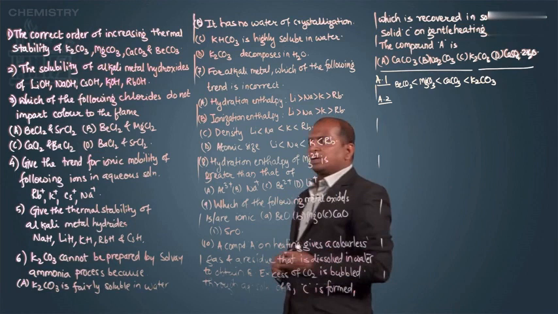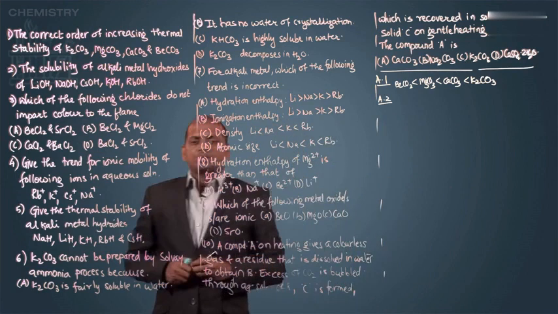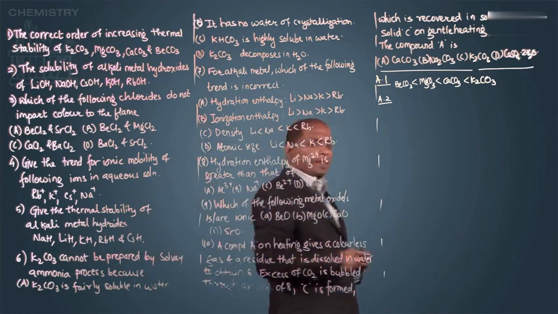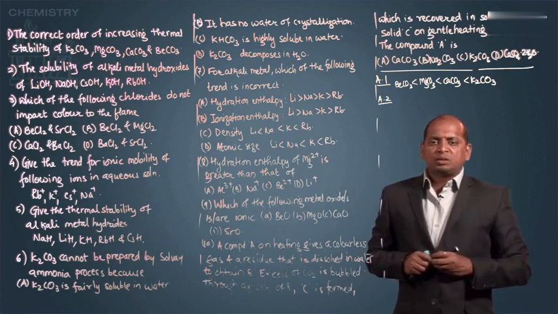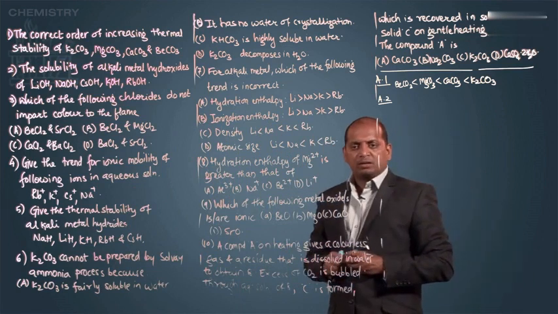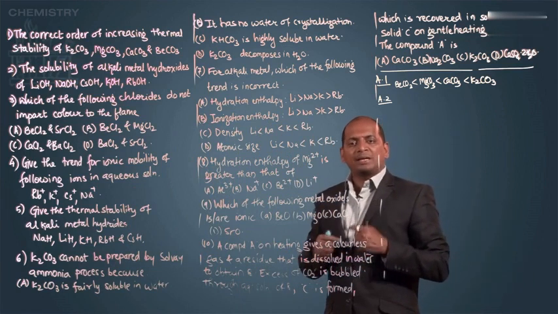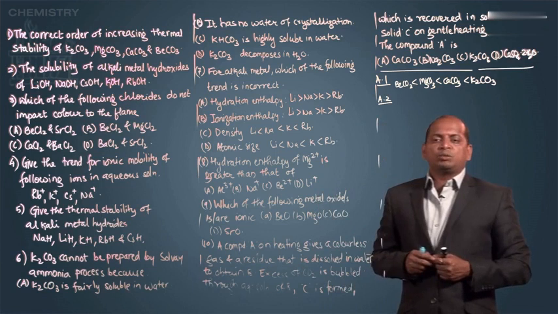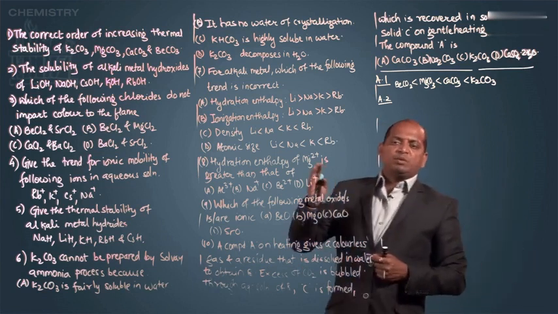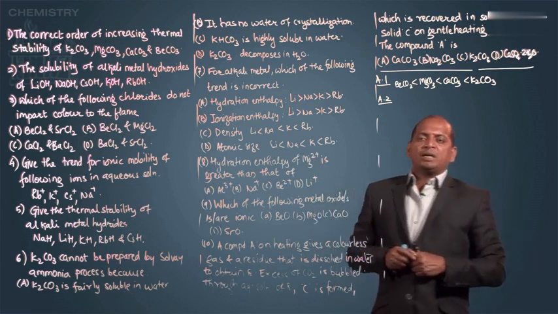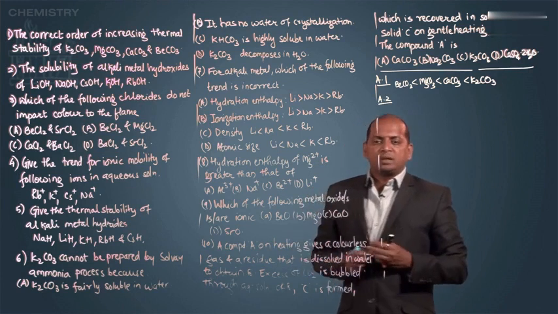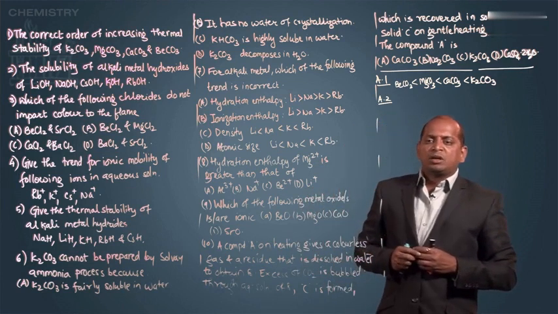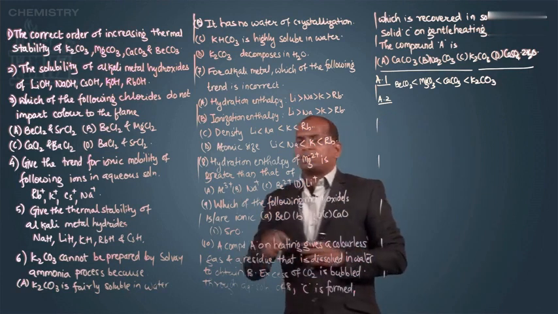Now we know that lithium, being the smallest size, and because of Fajan's rule, the bond becomes covalent, or it has more covalent character. Because it has more covalent character, it is partially soluble in water. As we move down the group, the ionic character goes on increasing, and therefore